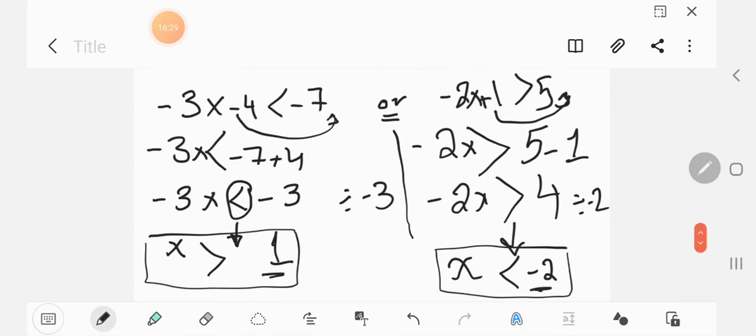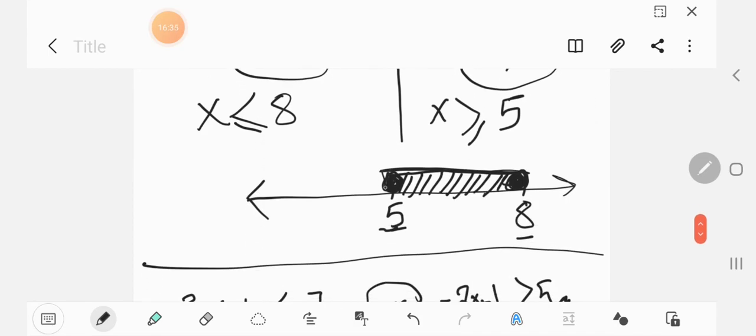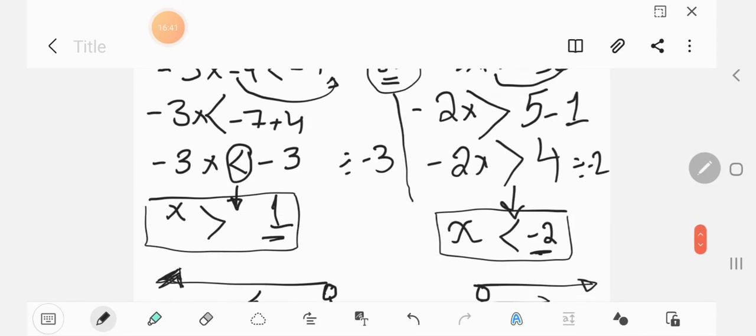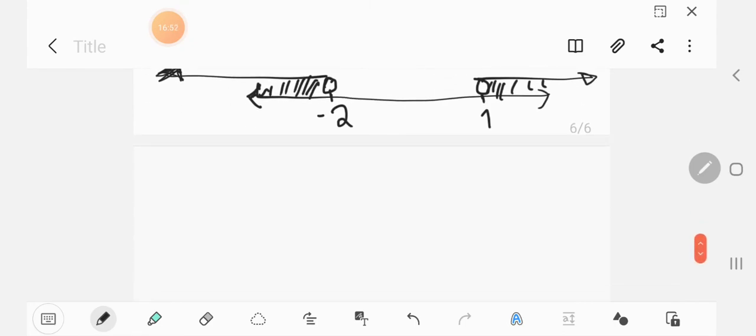So the difference between the "or" type and the "and" type: here we are dealing with the interval, the numbers between integer number 1 and integer number 2. And here we are dealing with the opposite of the interval, all the numbers starting from negative 2 and starting from 1. Okay? I guess we are finished with the inequality. Let me check if we have another example here. Okay, shall we go to the union